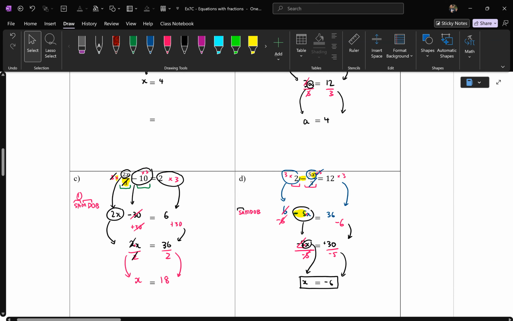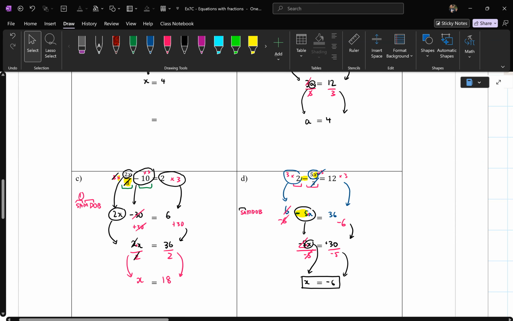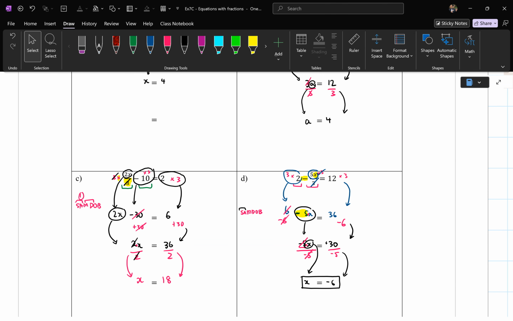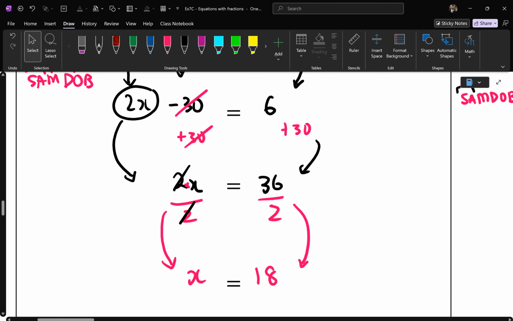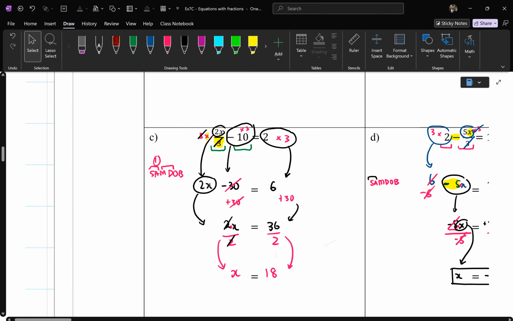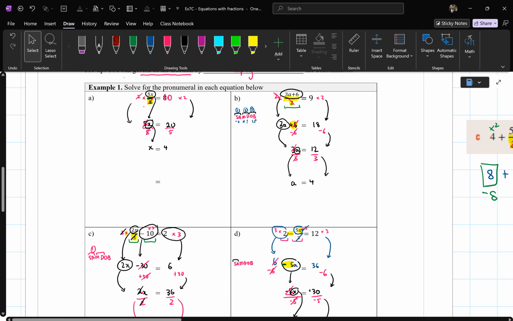Hopefully now you feel a bit more confident with fractions. If you're up to 7C, that's what you'll do. Otherwise, I want you to practice 7B, which is pretty much from that step onwards, SAMDUB onwards, ones without fractions. Okay? I'm going to stop the video there. This is your session. A reminder,